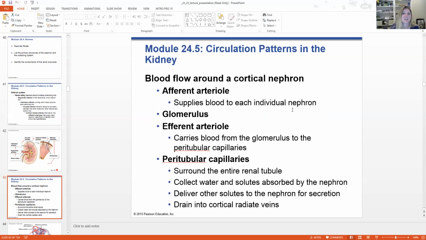Not all of the water leaves the blood. Not all of the solutes leave the blood. Some of it's left in. That stuff goes to the efferent arteriole. That efferent arteriole exits our glomerular corpuscle and will go back into our renal vein, but